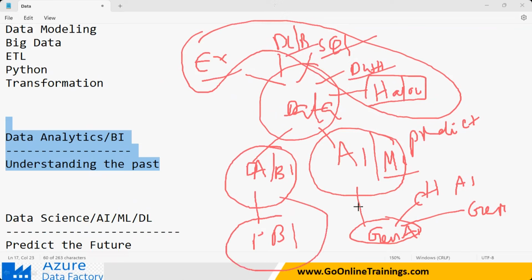But we have recently launched AI and ML also, by one more trainer. His name is Ravi Teja. He worked on the Chandrayaan project. So we have also launched AI, but on the data side we're going to be giving training from scratch to an advanced level. Any non-IT person can become a data engineer.